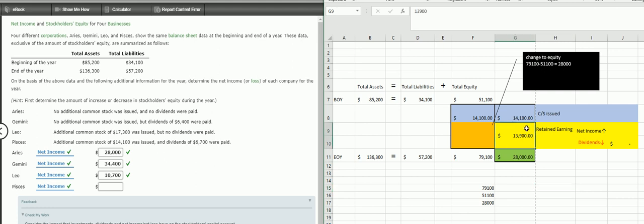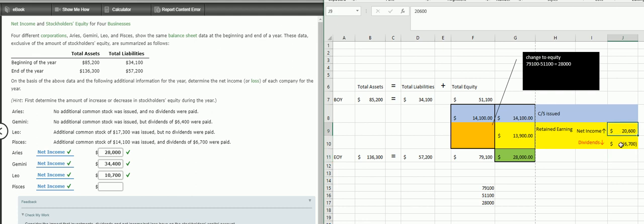Now, remember, retained earnings is these two numbers together. Income increases retained earnings, dividends decrease retained earnings. So if dividends during the year were 6,700 and dividends decrease this number, what do you think income has to be? So when you take away this amount, you still end up with 13,900. So basically you need to look at 13,900 and then take the dividends into account, okay? And dividends were 6,700. So in other words, net income had to be during the year 20,600,